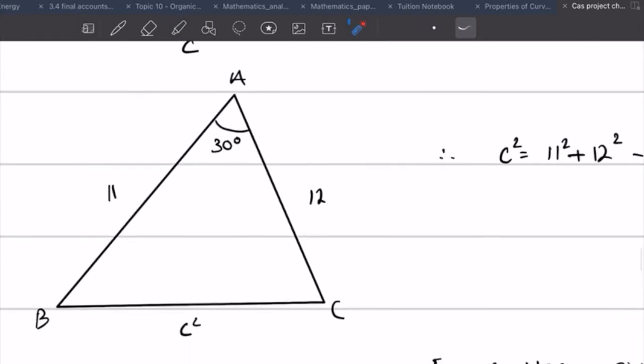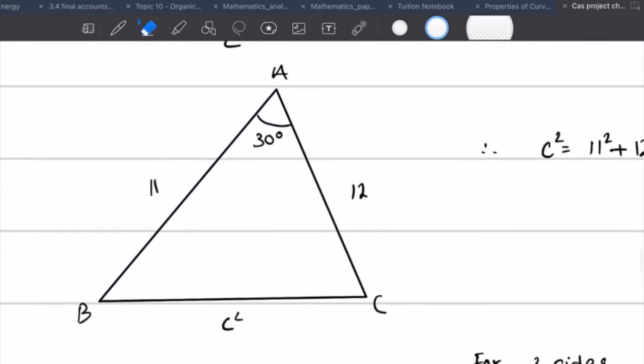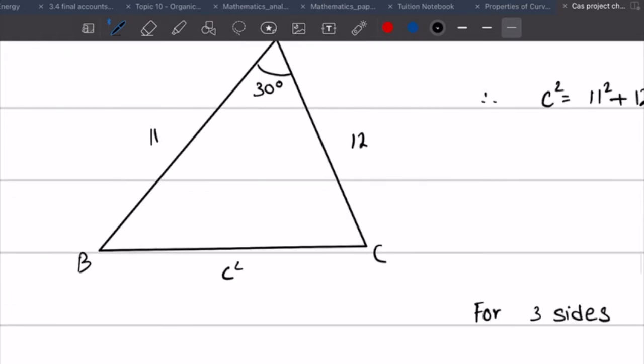Now this could be, for example, if I take the same example here and ignore the 30 degrees, and if we define C as now, let's say, 15, and we don't know these angles, we don't know 30, okay? Now we have to find one of these angles, because the question will probably say find one of the angles. What we can actually do